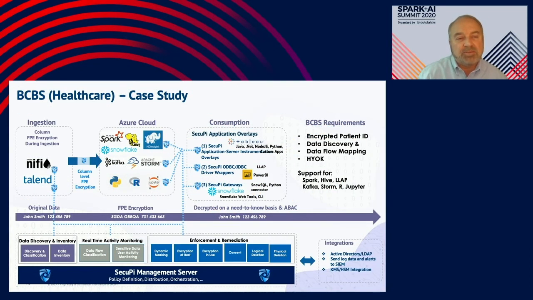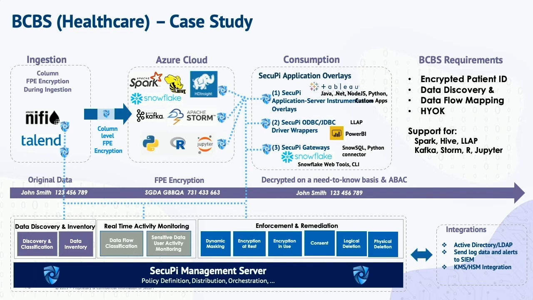So a common customer situation that we have is at one of the Blue Cross Blue Shield organizations. They were using primarily Talend and a little bit of NiFi for loading data into the cloud. They were using Azure. They would selectively encrypt individual columns before loading them. So even though they might only be encrypting 7 or 8 columns within customer and transaction tables and so on